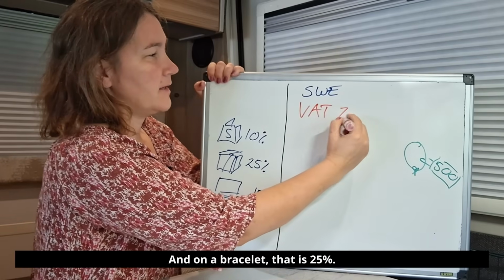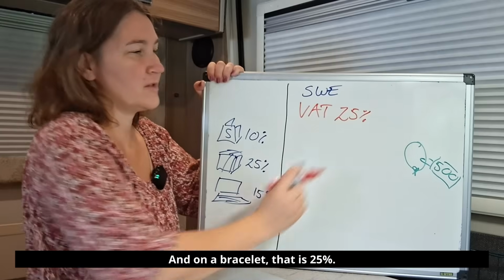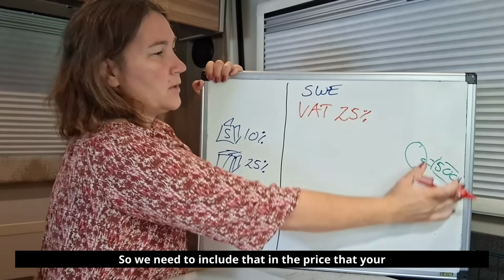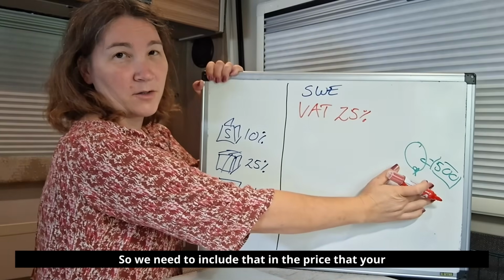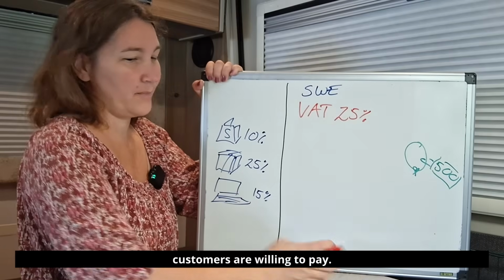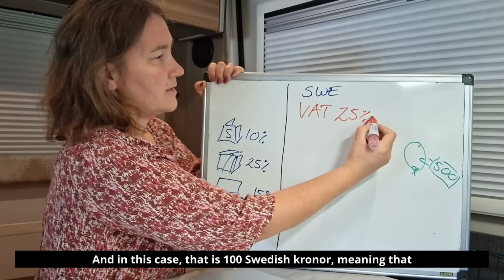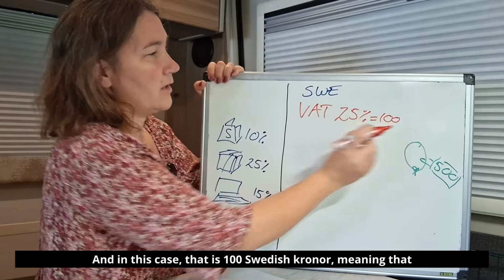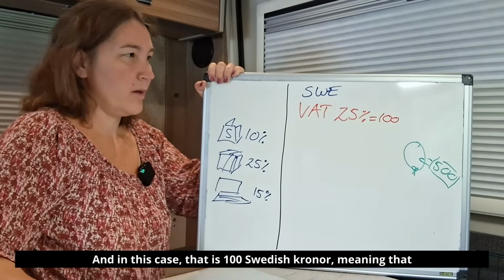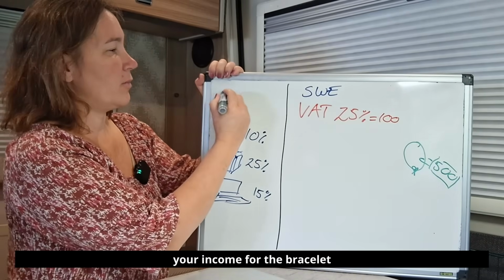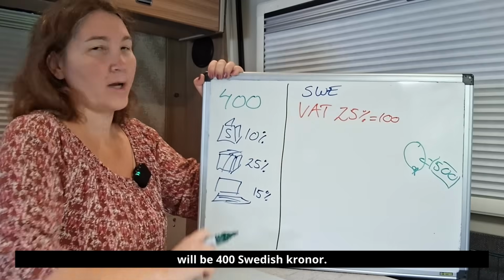On a bracelet, that is 25%. So we need to include that in the price that your customers are willing to pay. In this case, that is 100 Swedish kronor, meaning that your income for the bracelet will be 400 Swedish